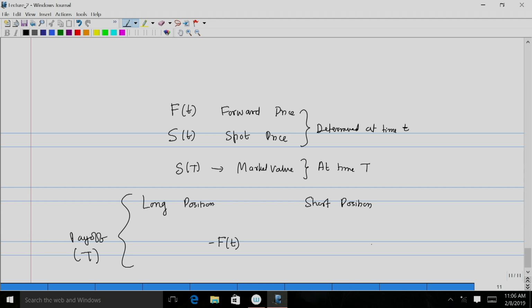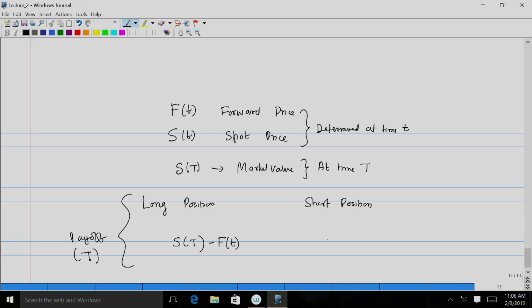And then if the person sells the asset immediately in the market, then the price that they get is S_T. Similarly, the person with the short position sells the underlying asset, or the stock, to the party with the long position. So since there is minus F_t, which is the amount that is paid by the long position, the short position party gains an amount of F_t.